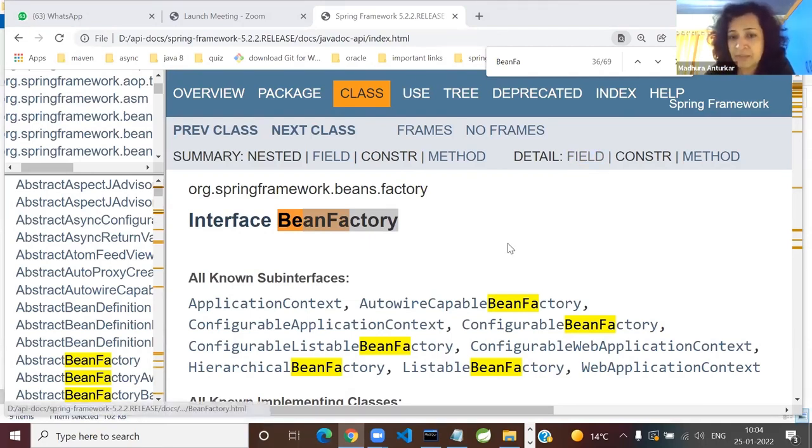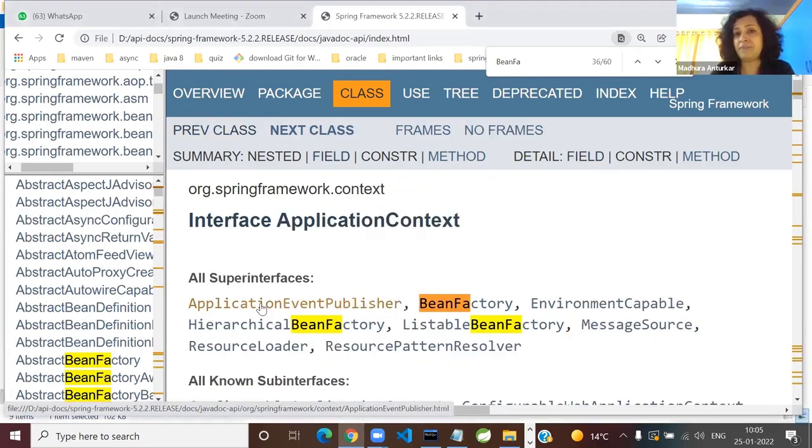Initialized also. But the problem with BeanFactory is that it is good for core Java, but finally we are going to add it in the web application. It doesn't support internationalization, and it doesn't support a lot of features which you require in a typical enterprise application. So there is a sub interface of this super interface: ApplicationContext.